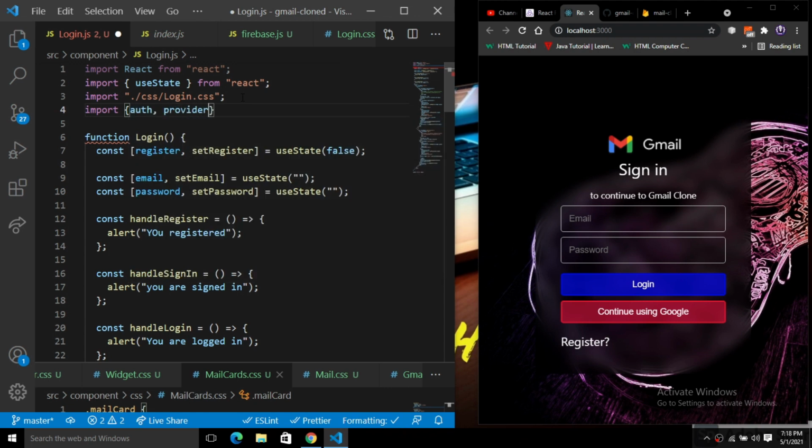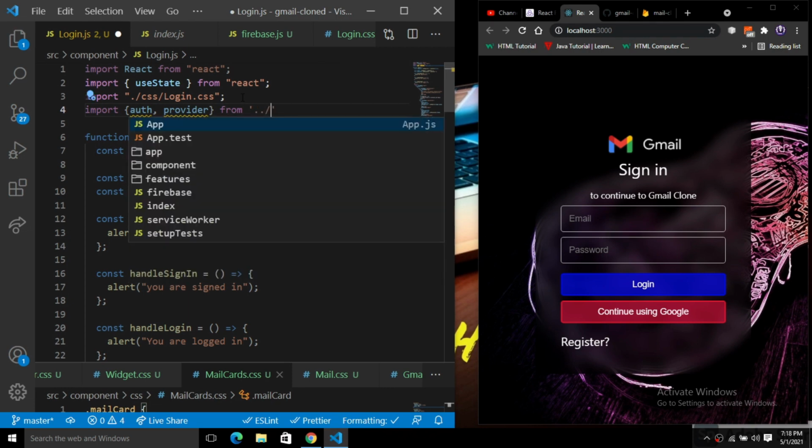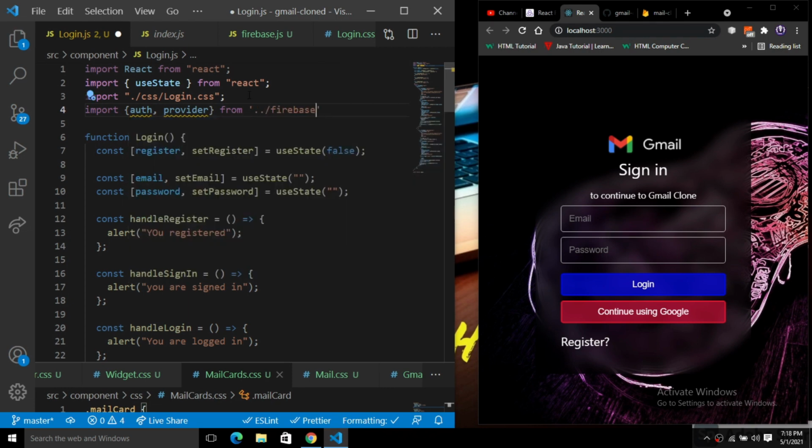First of all, we'll create a user authentication. So here we will use this auth and provider from the local firebase.js file, right? We will use this auth and provider inside of this login component. And now it's time to do the user authentication stuff here, because we have already created the user state using Redux inside of this feature option.